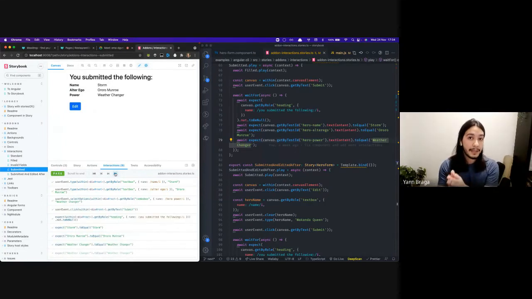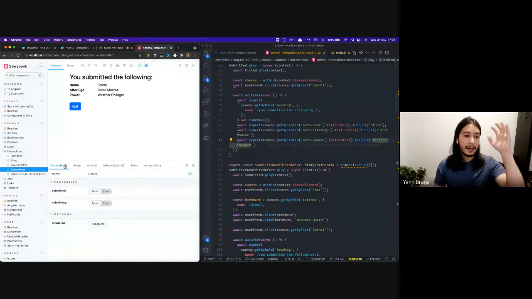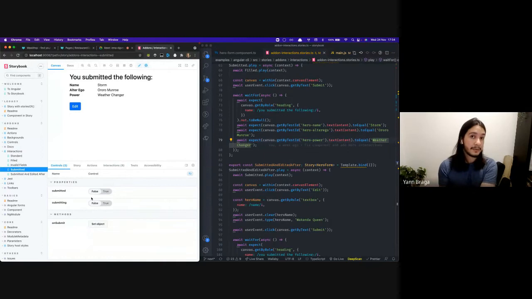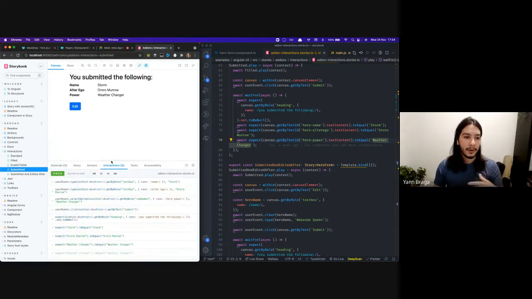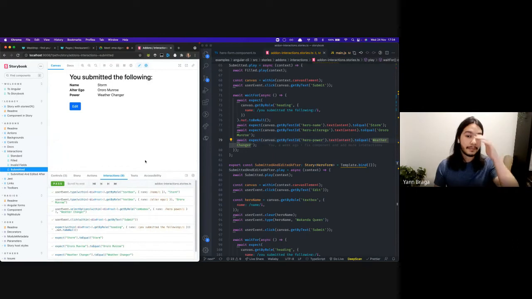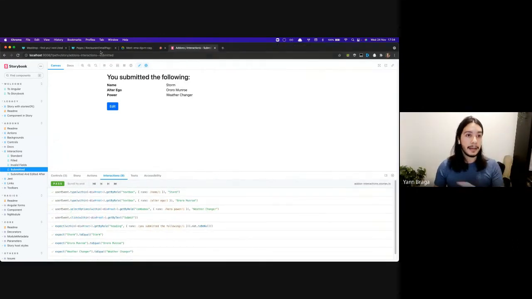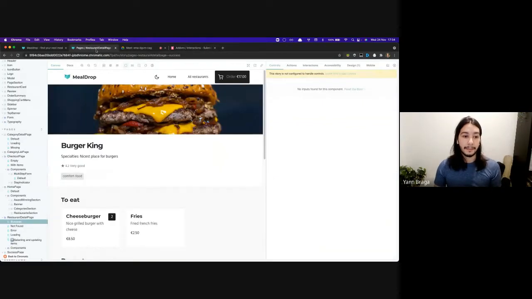So this gives me a lot of interesting information, but essentially, not only do I now have the props, the args, which I can put to different edge cases for my components based on the properties that it receives, but now I also have all of the interactions, which allow me to cover pretty much all the rest of the UI states. So just to finalize, I'm going to come back to my previous example, because in this example, I had pages,